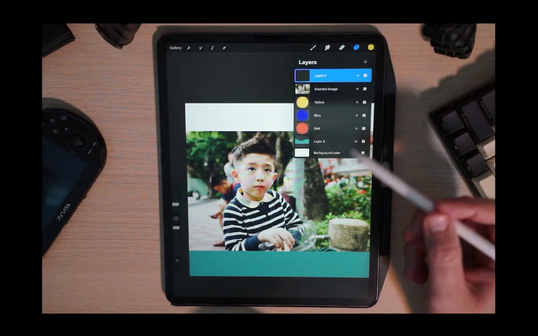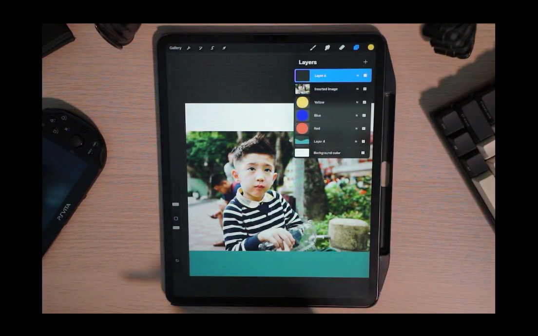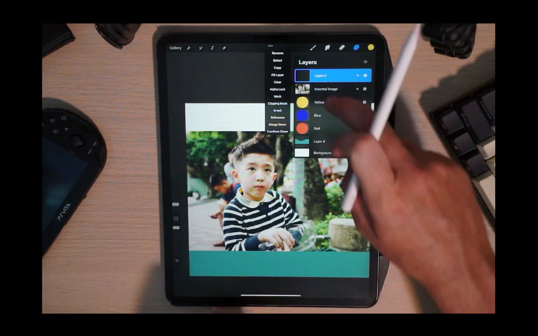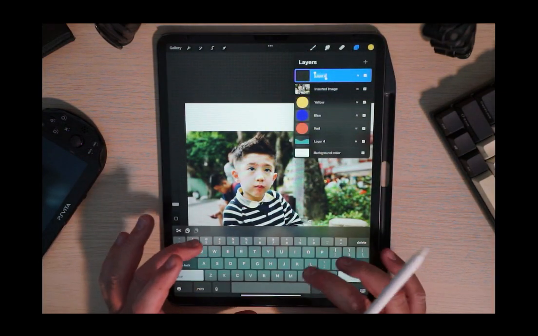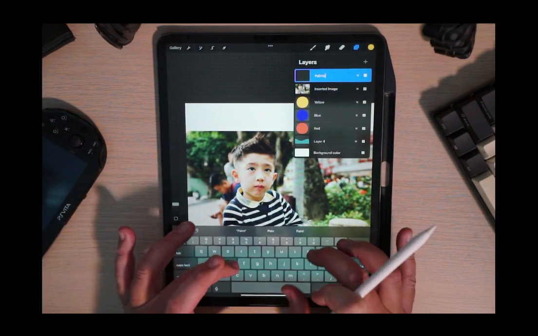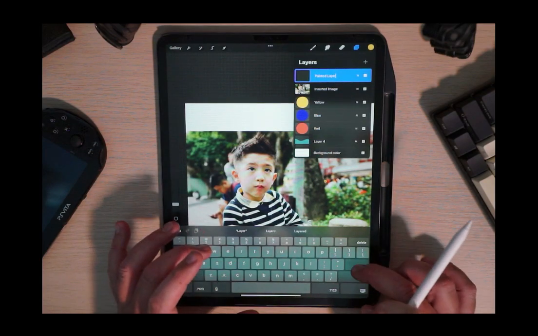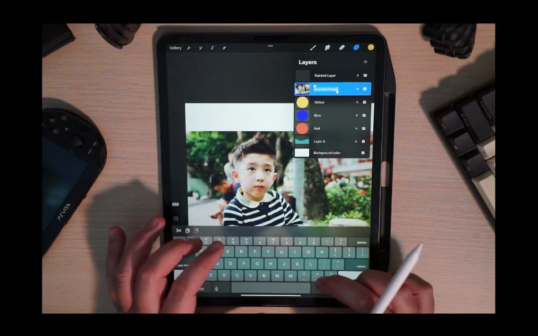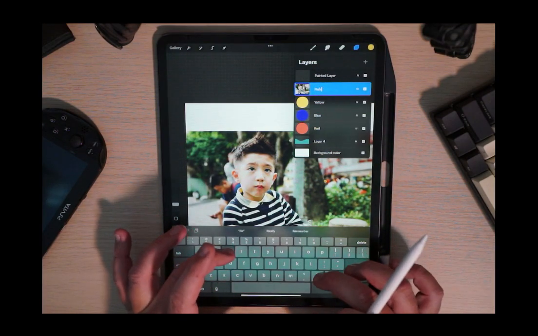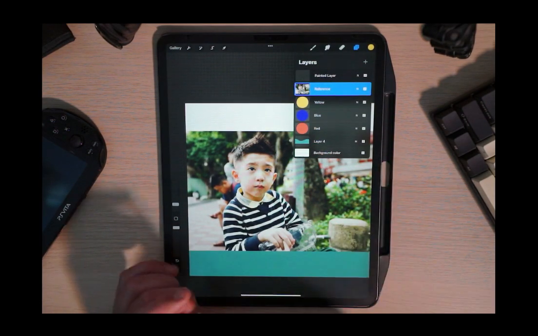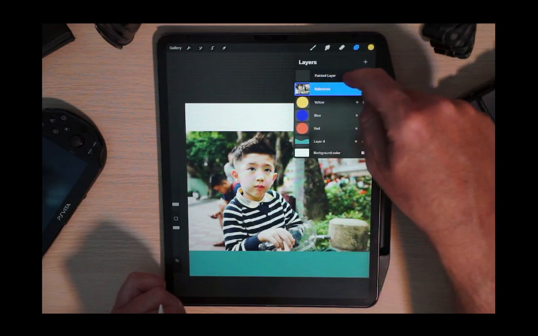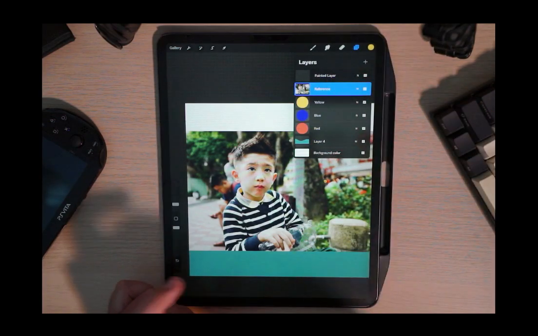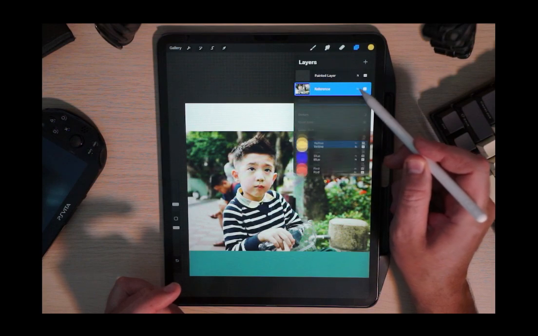So I need to make a new layer using my plus at the top. I'm going to call this painted layer, and call that reference. Like that. Good. Because inside here, what we're going to do is just use the N